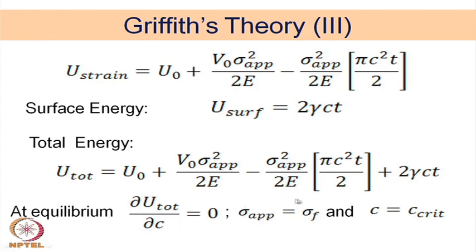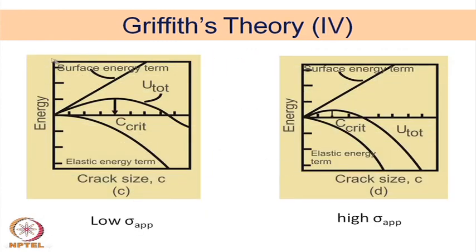And so, these two are very important for our understanding, and this is more or less the situation we see in a phase transformation, nucleation and growth phenomena. Okay. In a phase transformation also a very similar kind of situation exists. There is a nuclei size which is called the critical nuclei size, which automatically grows, and if the nuclei size is less than that, it becomes an embryo, and that embryo collapses.